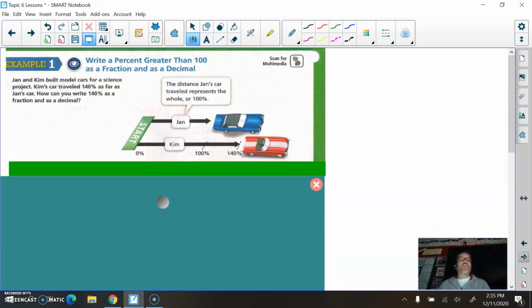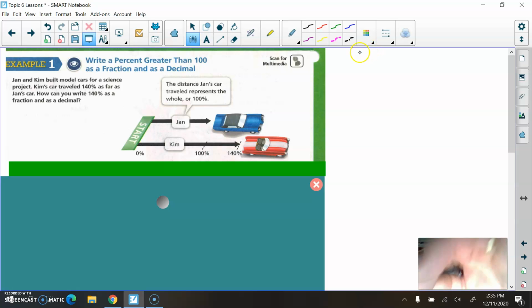All right, let's look at another example. We have Jan and we have Kim. They built model cars for a science project. Kim's car traveled 140% as far as Jan's car. How can you write 140% as a fraction and as a decimal? You can see that in the graphic here. Jan has the blue car here, and Jan traveled 100% of the distance that Jan traveled. Well, of course. Now, Kim's car kept going. It went that entire distance Jan's car went, and then just kept on going. Must be that fancy racing stripe there, because we all know racing stripes make cars faster. Anyway,